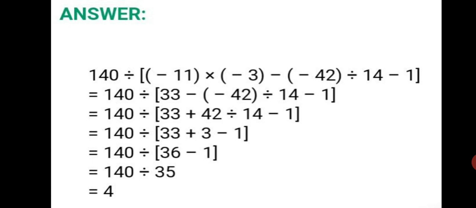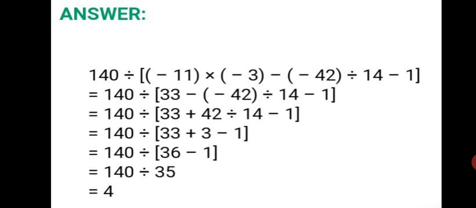Is equal to, first step, 140 written as it is. The division sign also remains. The outermost brackets are also there as it is. Now the square brackets you have to keep as they are, and the round brackets inside, we have to solve them first. So 11 into 3 is 33, minus into minus becomes plus, so we get plus 33, and the remaining portion is written down as it is.